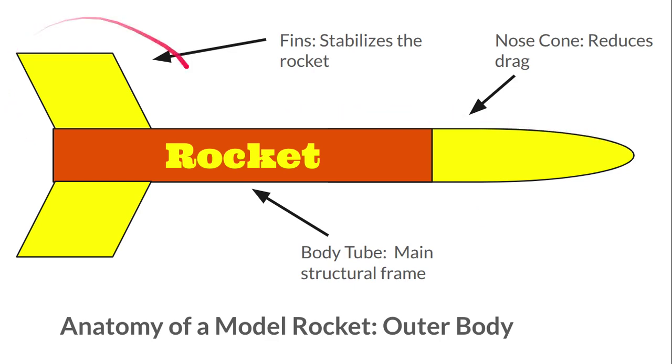The fins, on the other hand, they stabilize the rocket, so they keep it going straight. The body tube is just the main structural frame. Everything's attached to it. This is the base piece right here. I wanted to talk quickly. I didn't put any of this on the diagram, but